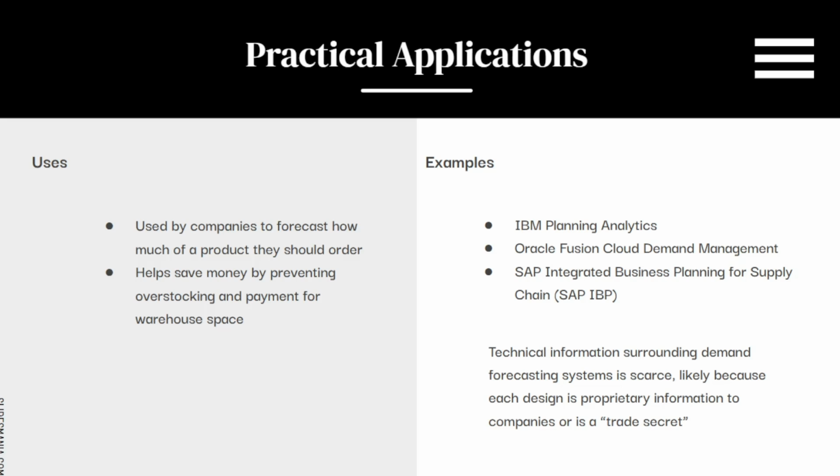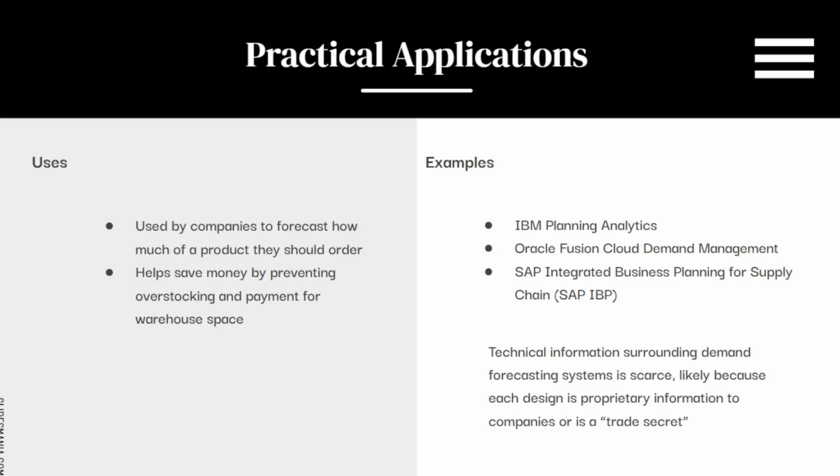Some examples of this are IBM Planning Analytics, Oracle Fusion Cloud Demand Management, and SAP Integrated Business Planning for Supply Chain. These are all industry examples of demand forecasting software that businesses are able to use to forecast the demand for their products.